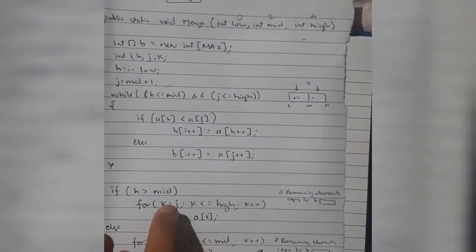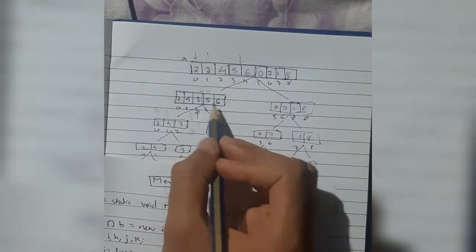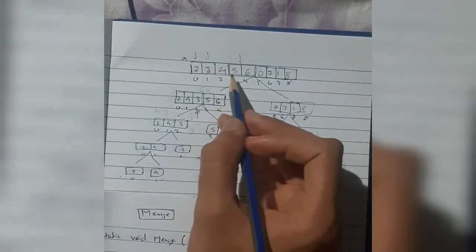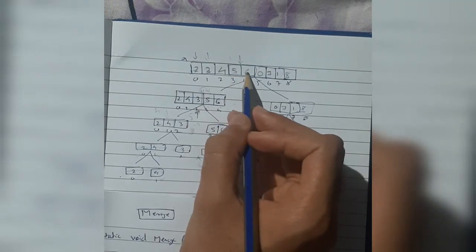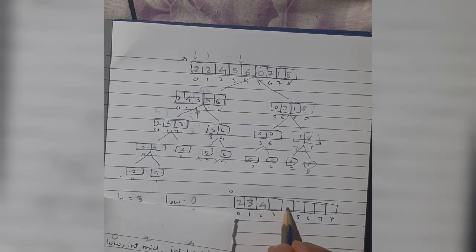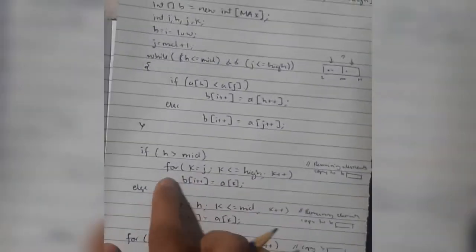That's what we are doing here. K is equal to j, k will run from j to high. J to high, j to high means j is 3, high is 4, 5 and 6. It will run and copy both of these values into b of I. A of k will be equal to b of I. A of k means the j value, which is a of j, a of 3. This and this value will be copied to this, and this value will be copied to here, b of I. Okay, so 5 and 6 will be copied and this line of code will be over. Okay, this line of code will be over, we will not go with the else one.